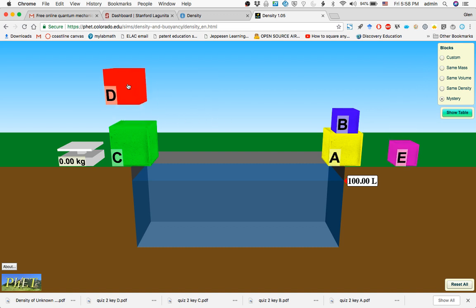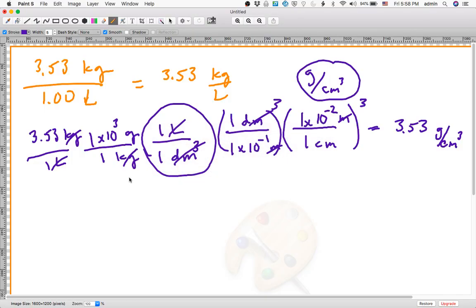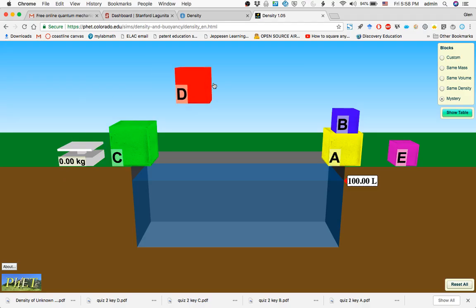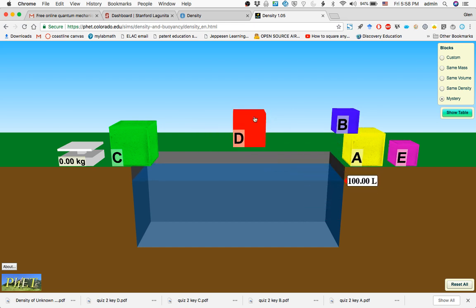This is another block. I just want to give you another example of this. 3.10 kilograms. I'll write that down. I'm going to find the density of this guy. Just put this block in here, and it doesn't sink. It floats. So this is the new volume of the water, and this is the old volume of the water. There it is, 100.00 liters turns into